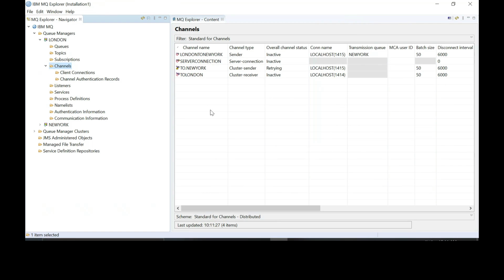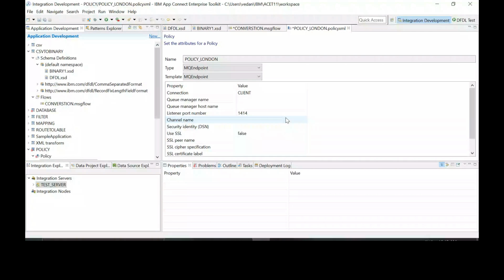Do you have RFH util on your desktop? If so, open RFH util. Queue manager name London. Host name is localhost.